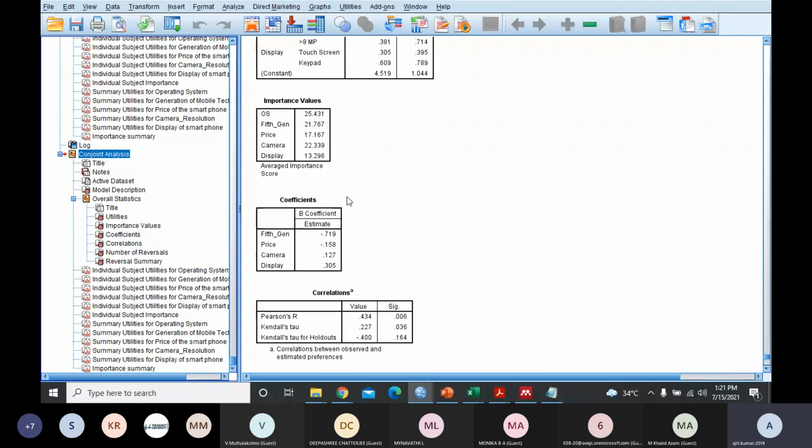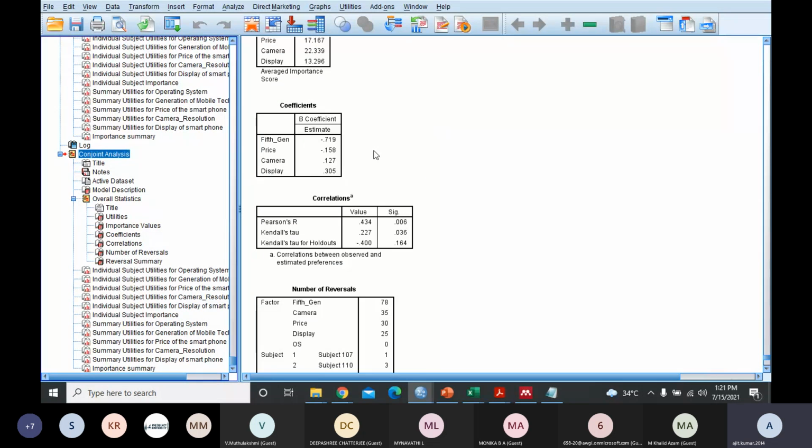This is averaged out based on some inside calculation and techniques. Now there are some coefficients, and this conjoint analysis output can further be used for regression and prediction also. For those things this is used, so we can skip this for now.